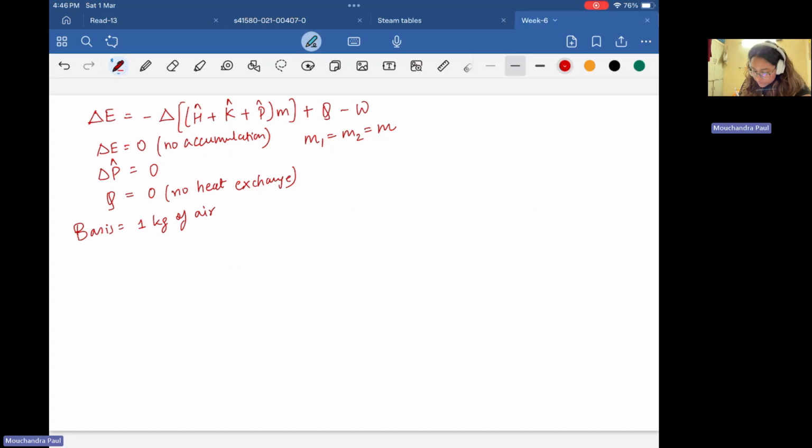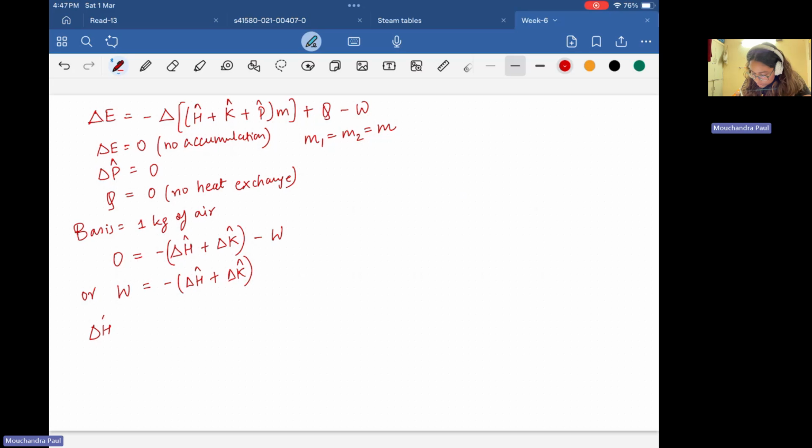So this simplifies the equation to 0 equals minus delta H hat plus delta K hat minus W,